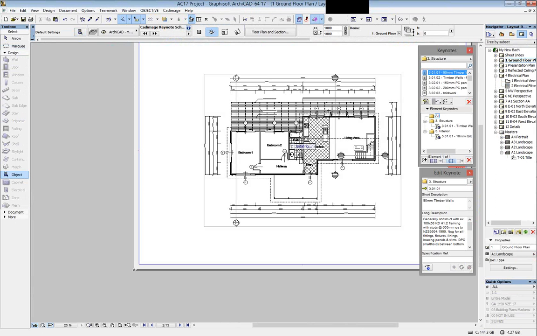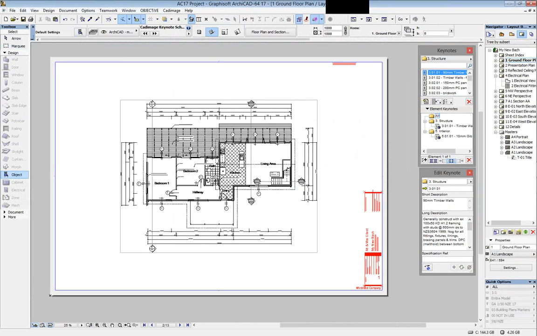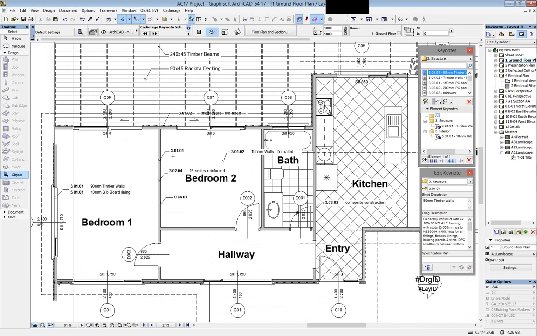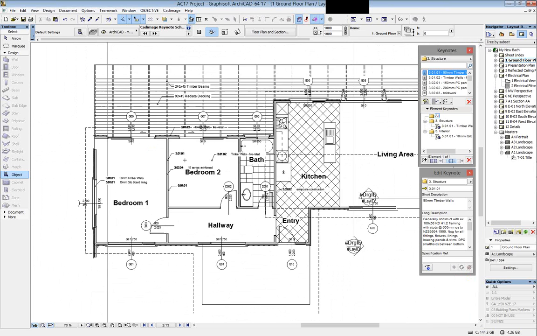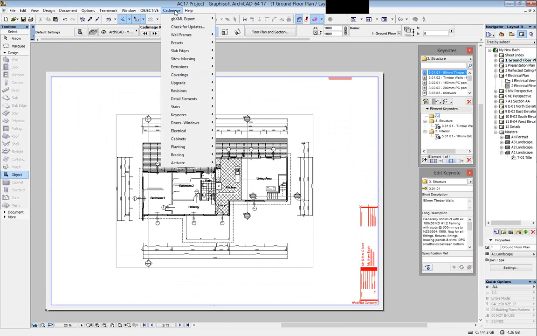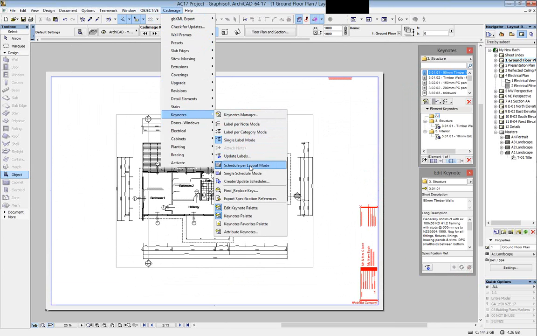Now, if I go to my ground floor plan, you can see that notes are scattered throughout my building. If I use keys only, nobody has an idea of what those actually mean. So with Keynotes, you can now tell it to create schedules based on the drawing. So I'm going to go to Keynotes, and you have two modes. You either have a schedule per layout mode or a single schedule mode. Now, schedule per layout mode looks at only the notes that are on that particular layout and schedules those. Or you can choose a single schedule mode, which looks at all the notes placed throughout your project,